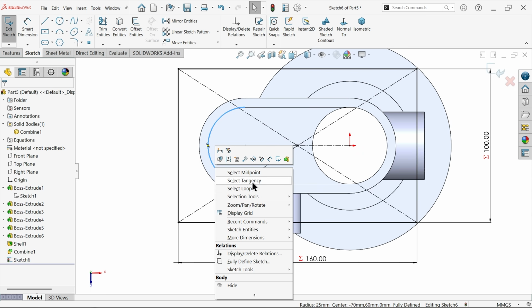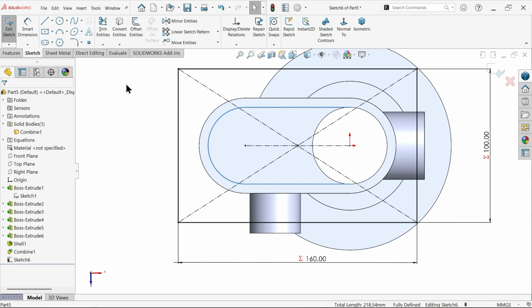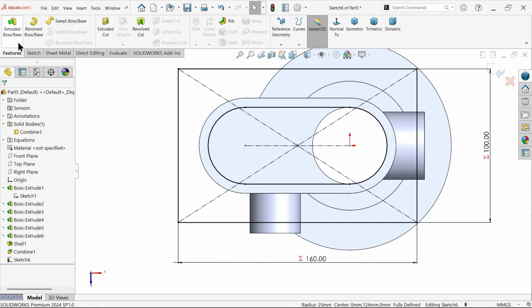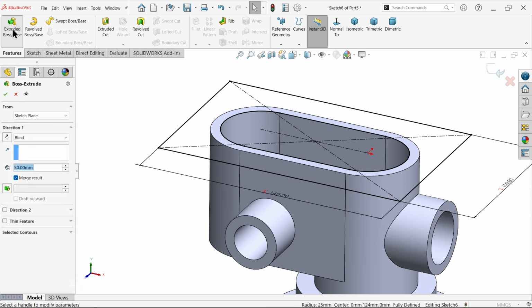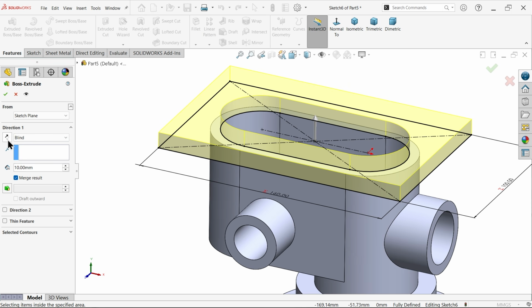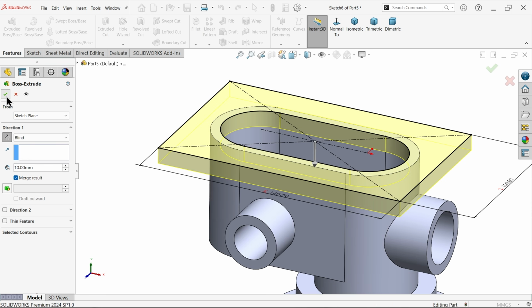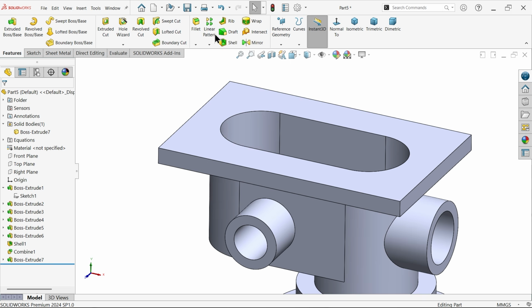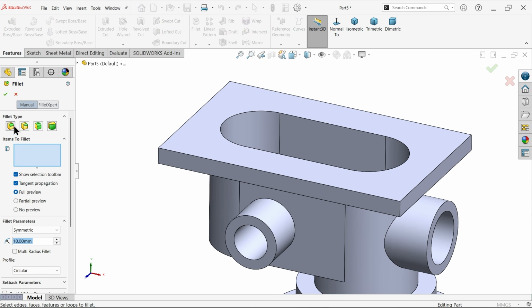Okay, fine. Now right click internal edge, choose tangency, convert entity. Now select this one also, convert. Now we have a closed loop, extruded boss. Here apply depth only 10 millimeter, make it reverse. Okay, fillet, constant type fillet, tangent propagation, symmetric result 10 millimeter, and here profile not 10 millimeter, this is going to